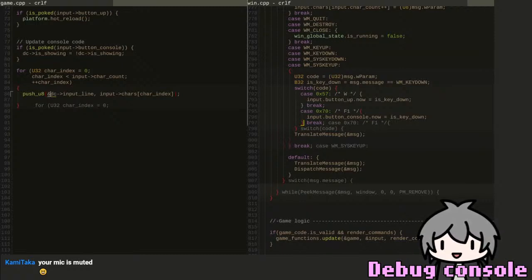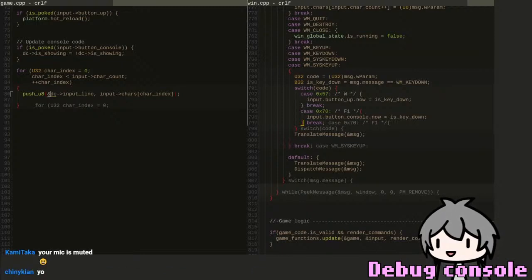What did I used to do here? win32.cxx. Oh my god, why is Nomad Plus taking so long to open? WM. Okay, so for certain characters, it's not gonna work, right? So if it's like VK return,